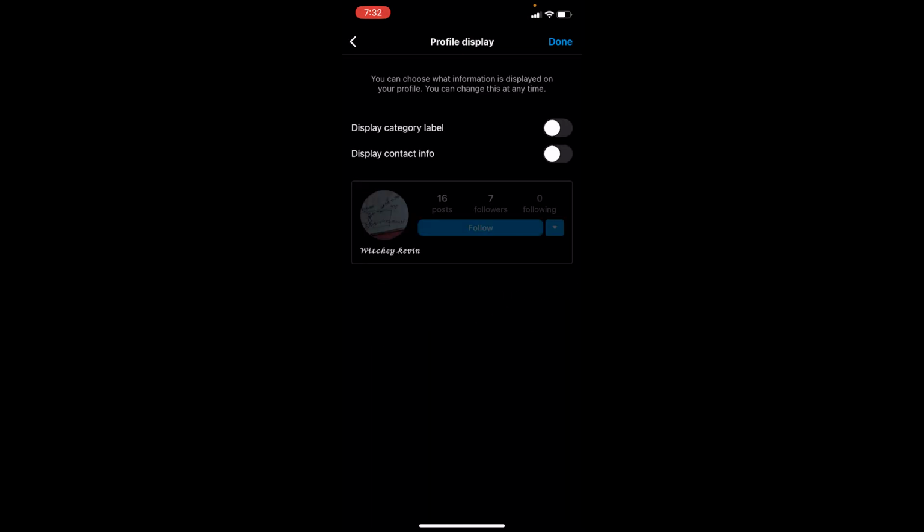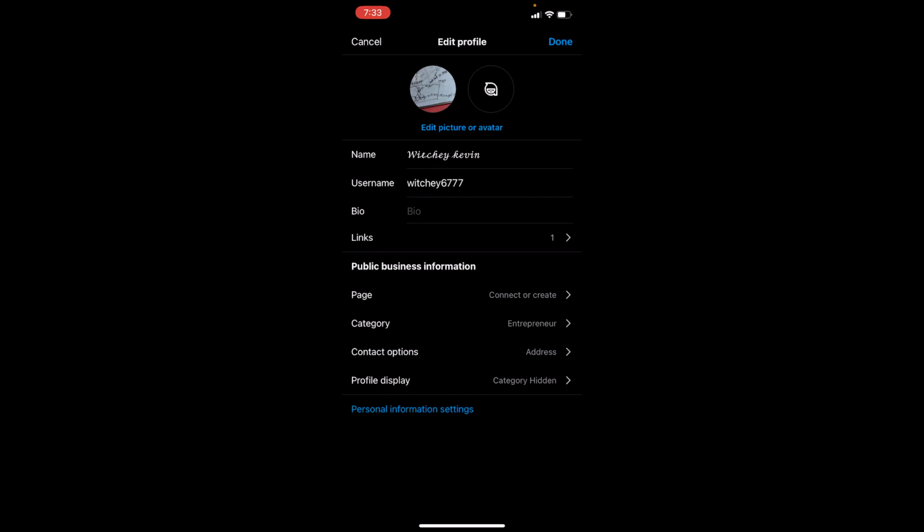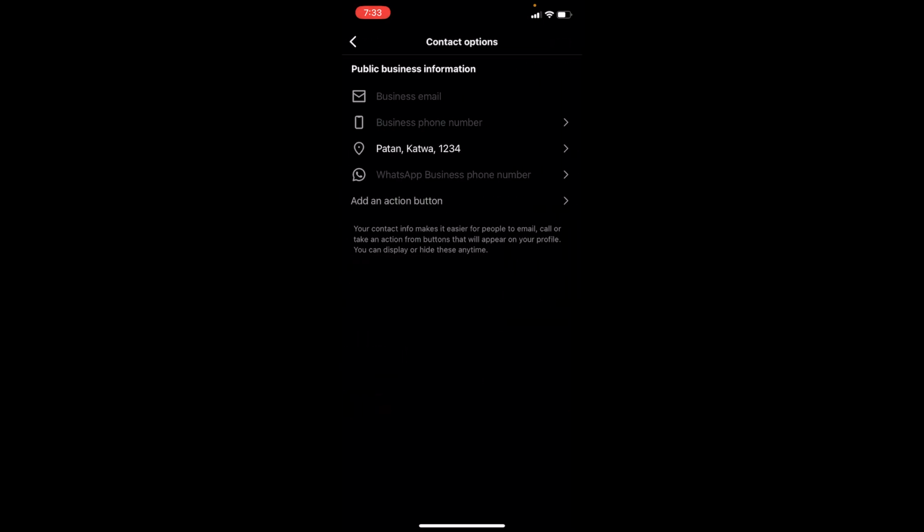Once you click on profile display, the second option where it says display contact info, make sure to turn it on and you can see your address over here. Click on done at the top. Now once you do that, at the bottom over here you can see this option called contact option appear over here. Now once you see this option contact option, click on it,